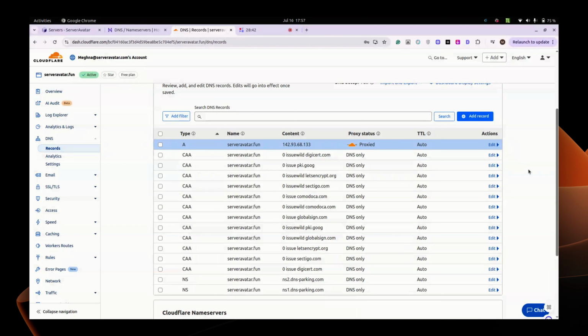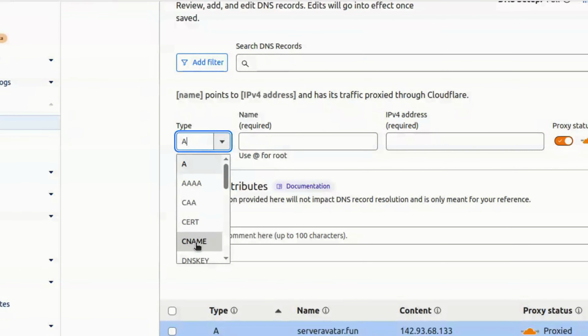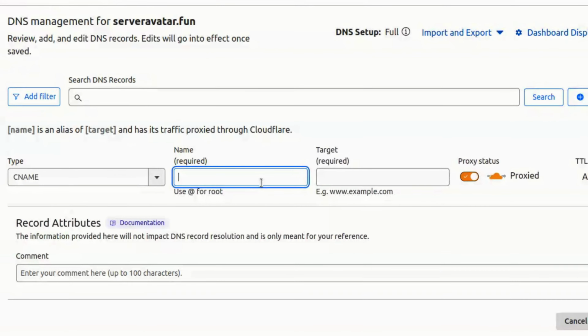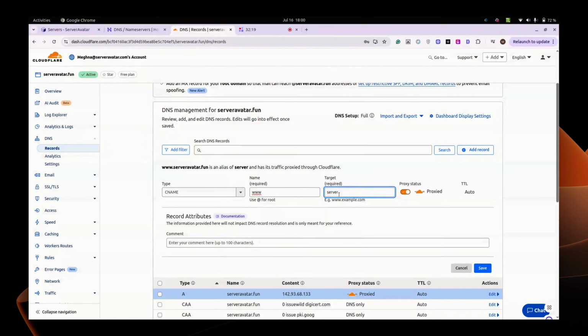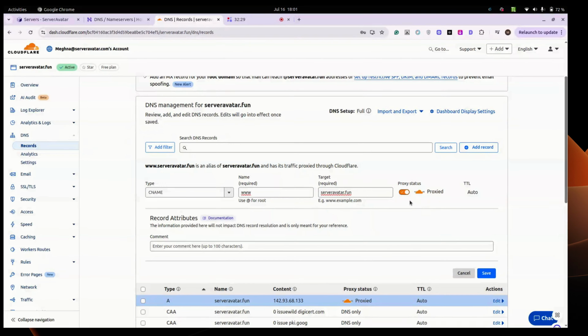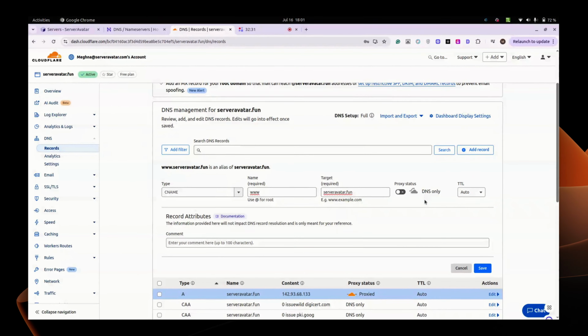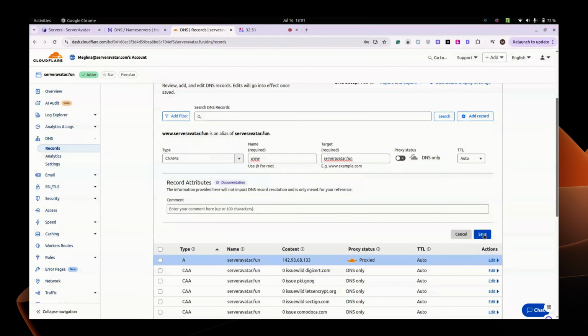Let's add the CNAME record for your domain, that is the www version of your domain. Simply click on Add Record. Select CNAME here. Add www in the name option. Enter the target as your domain. You can simply enable or disable the proxy status and leave TTL as automatic. Now click on the Save button